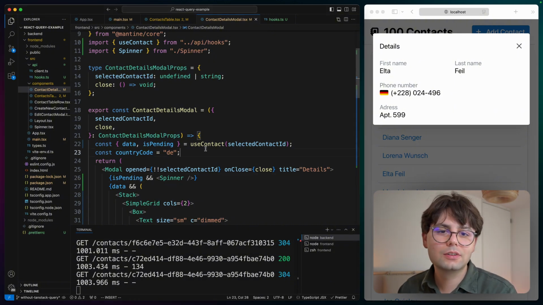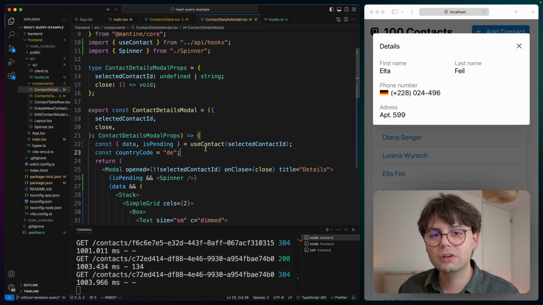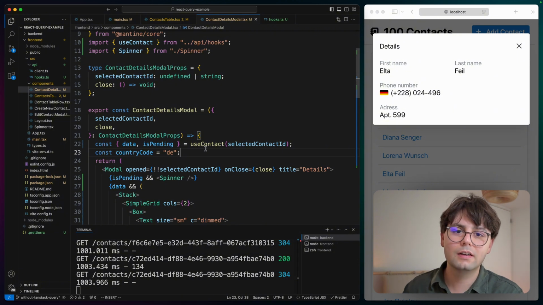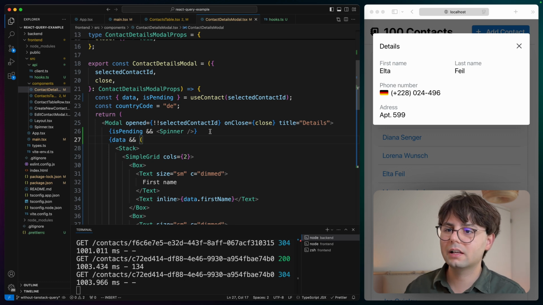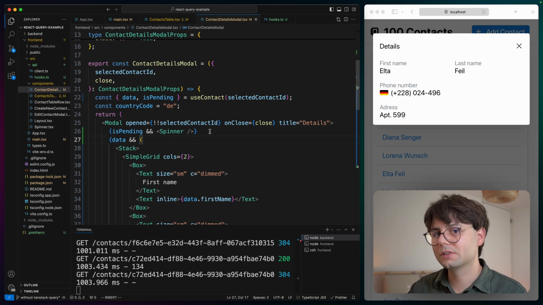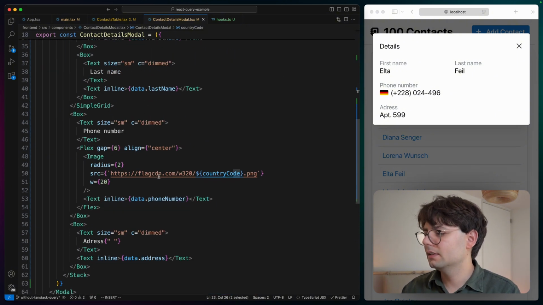Now, before moving on to mutations, I just want to touch one last point, which is query interdependencies. So when you have a query that relies on the data from another query. And the way to do this is pretty straightforward. We're also going to be using this enabled flag, and you're going to see how this works. So in this example, I have a country code. Here it's for Germany, DE. And this is used to